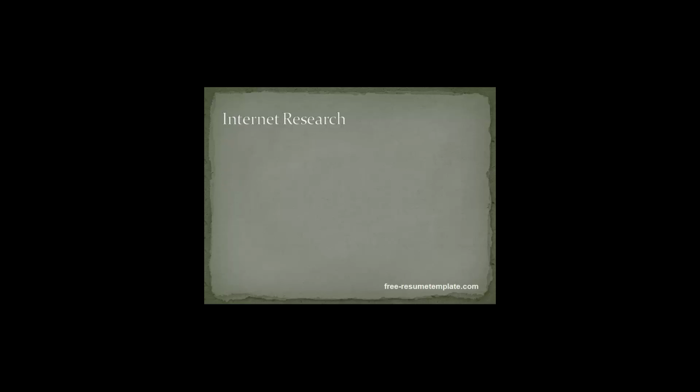Let's look at internet research first. This is actually really simple. Just go to Google, use Google News. That's a great tool. Type in the name of the company and note anything that's there. Read it all. Find out if there's something interesting, whether it's good or bad. This is a good thing to do for a lot of reasons. Maybe, for example, something real bad's going on with the company and you really don't want to work there. It'd be good to find that out before you go through all this rigmarole, right?